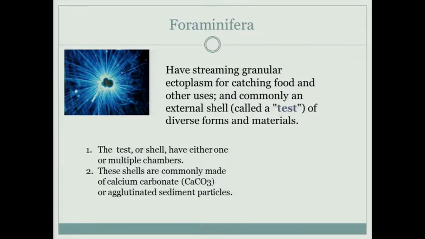What's important is that the test, or the shell, has either one or more chambers, and they are commonly built from calcium carbonate. And hence, this is how we get to strontium. When this foraminifera builds its test in the ocean, it doesn't think of us wanting to study the strontium within. While building the test from calcium carbonate, because of the partition coefficient, it will also incorporate strontium in its test. And that's what we aim for. So that's the whole basics for the